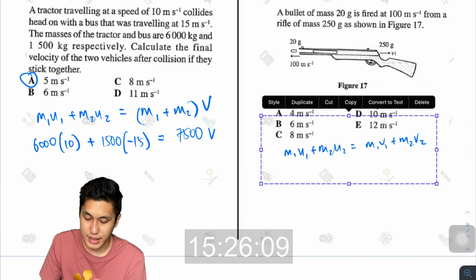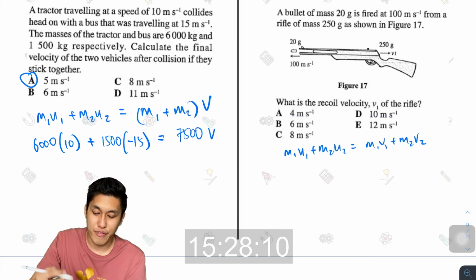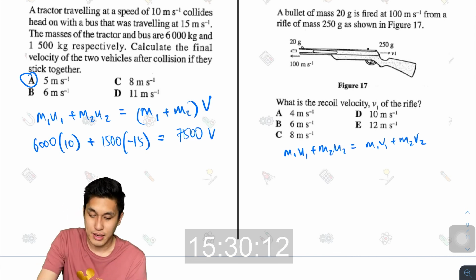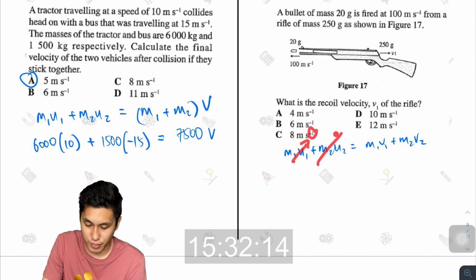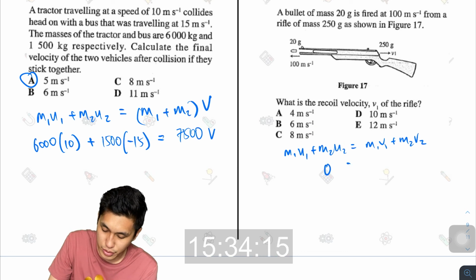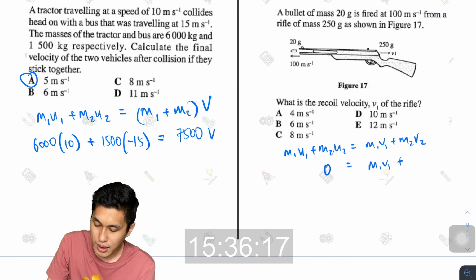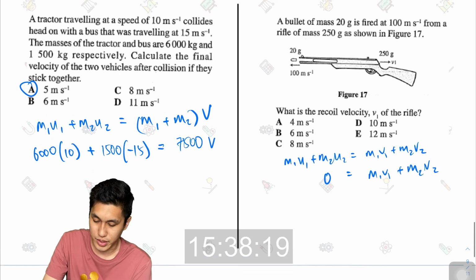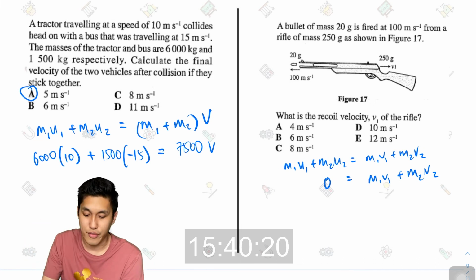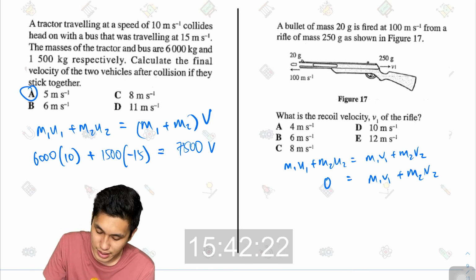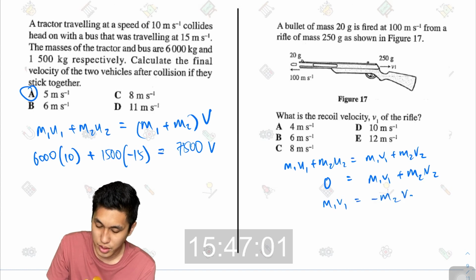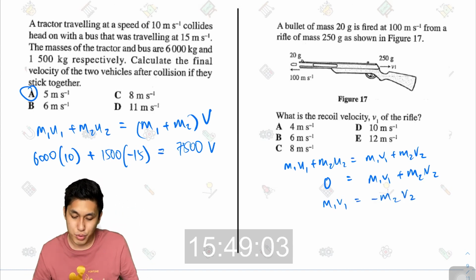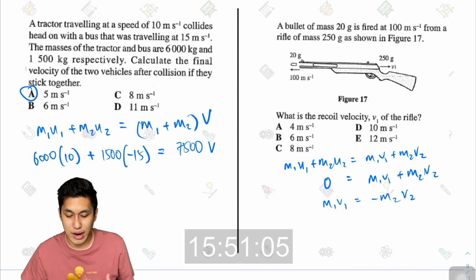Since in the beginning nothing is moving, before the explosion both velocities are 0. So I'll get 0 equals m1v1 plus m2v2. If I move one term to the other side, I'll get m1v1 equals negative m2v2,